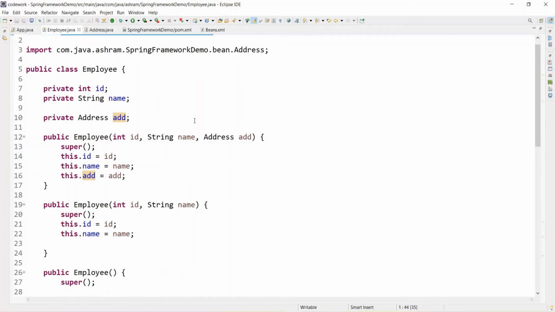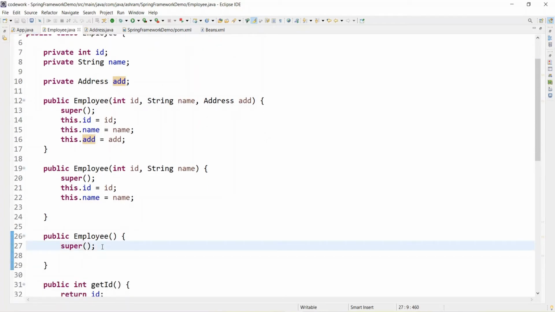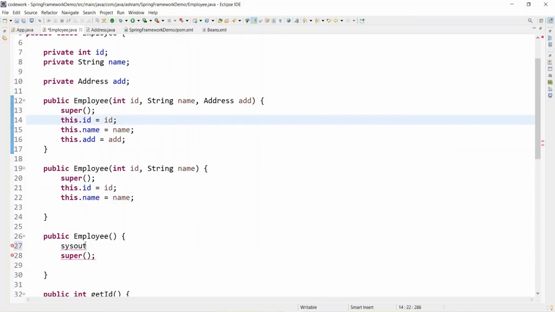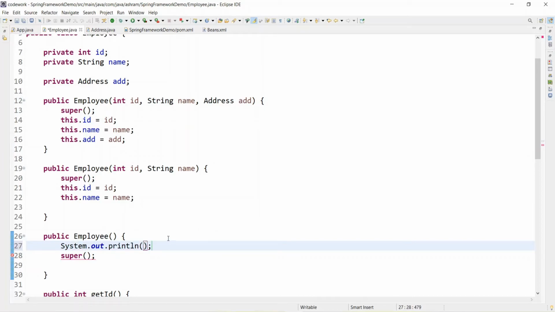Let's do one more thing to show you. In the employee class, let's say sysout, and here you are just printing that the employee constructor is getting called, right?